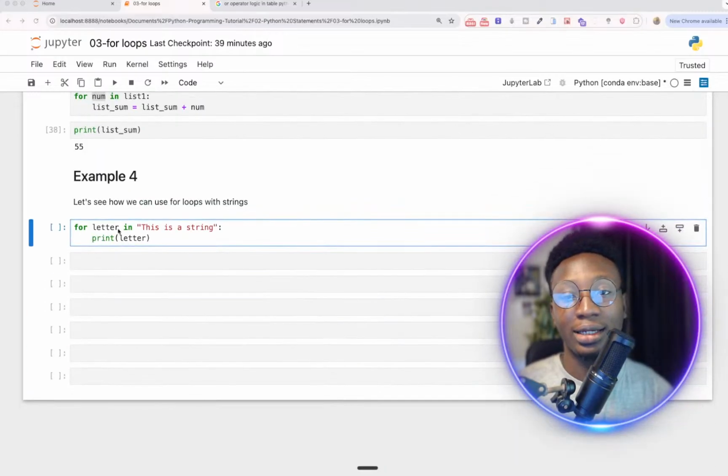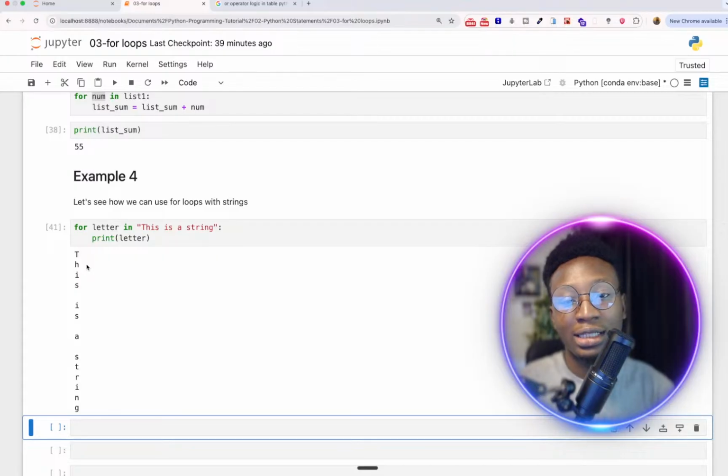For letter in this particular string, it's going to take the characters one by one, T, H, I, S, and all of that. If I go ahead and run this,